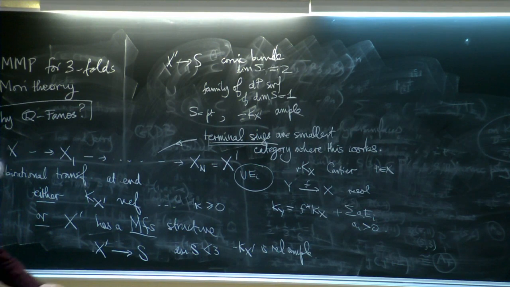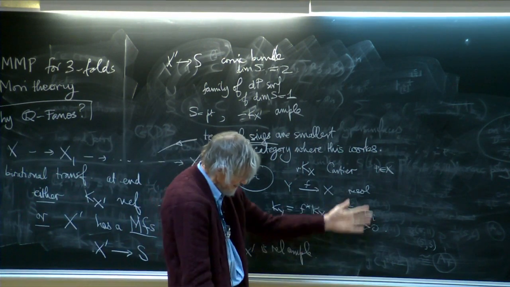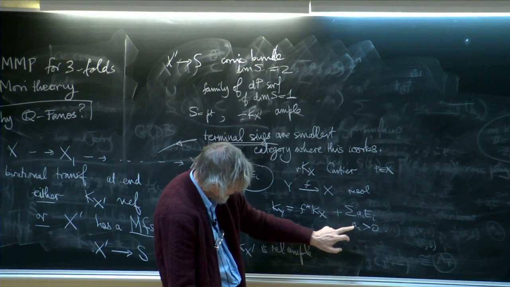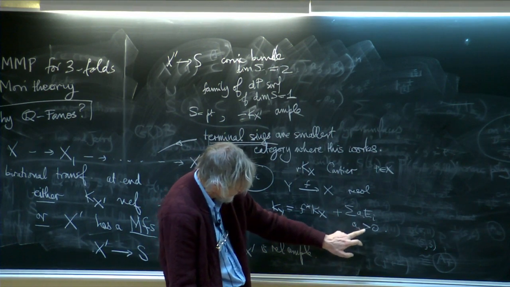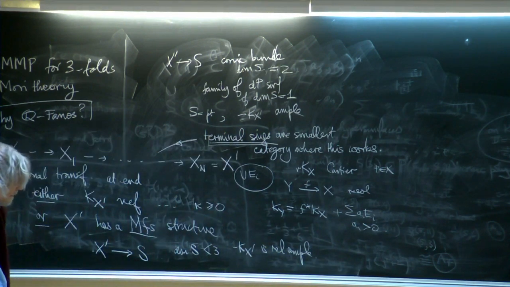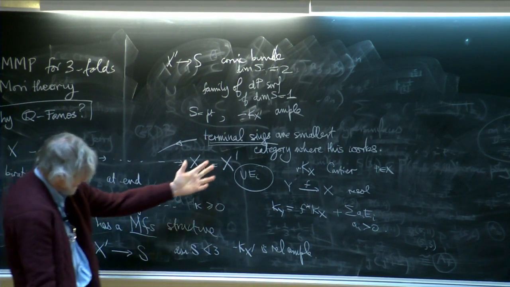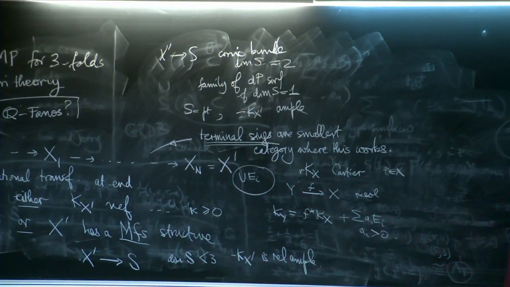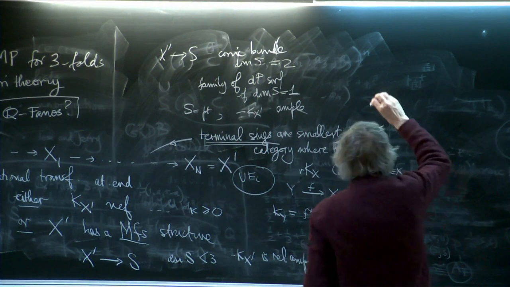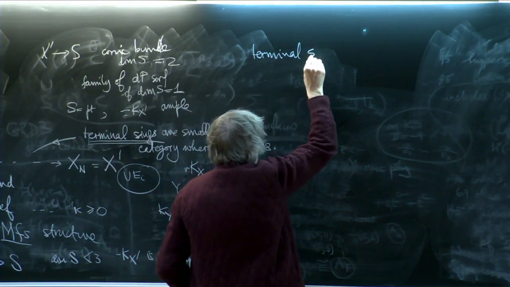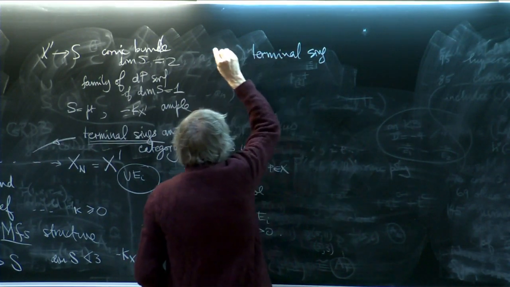Yes? And so there are other categories of singularity, down to log canonical, where you demand that the a_i is greater than -1, or even greater than or equal to -1. But this is the smallest category, right? And these singularities are more or less tractable. So terminal singularities are, in dimension threefold,